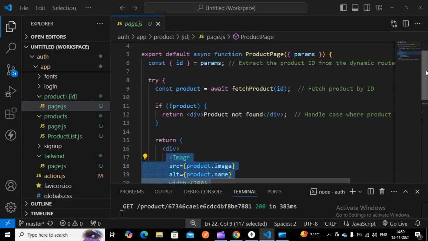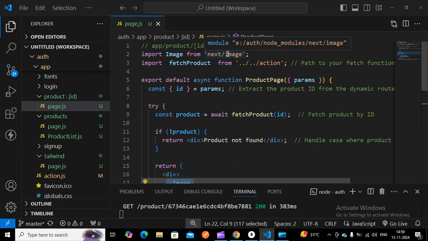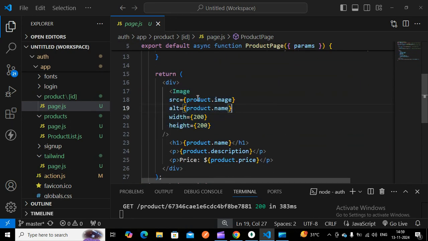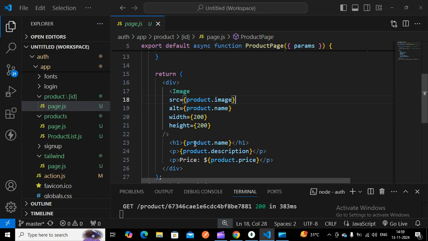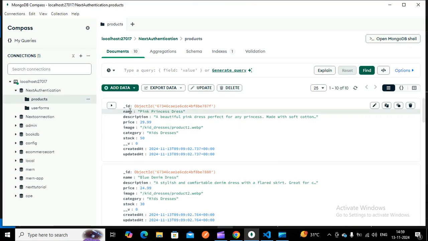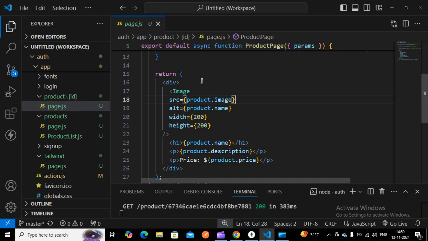For that we have to import Image from next/image. Once we have imported it, the src is product.image, the alt is product.name, and then product.price and product.description. Once I click that particular view details, I have to display these details.